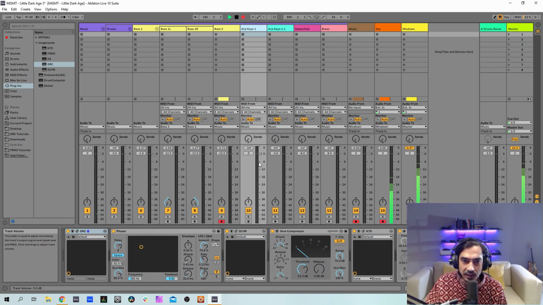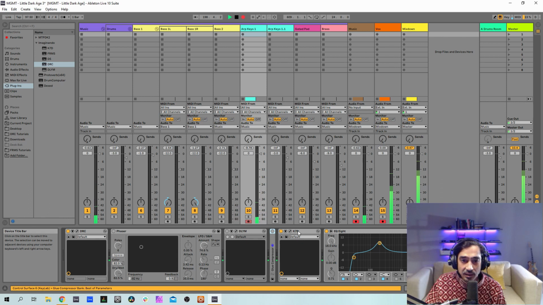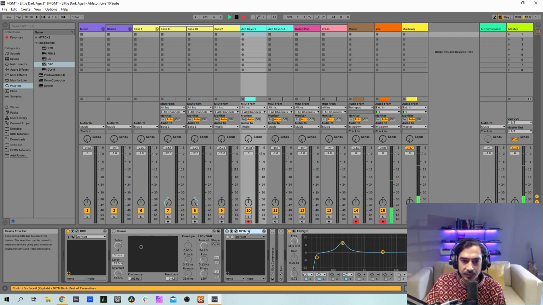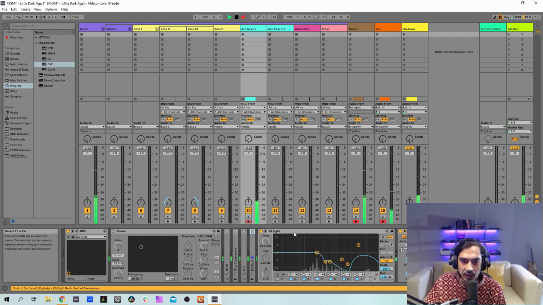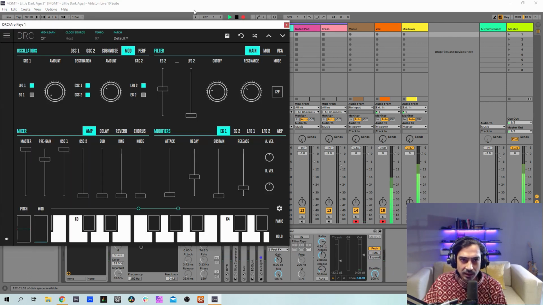Now let's go to these weird ARP keys. So you can hear they're really weird. They have a phaser, delay modulator, glue compressor isn't doing much, a K7D, and 2 equalizers, this one and this one. As you can see, they're changing quite a lot of the sound. And this is just a sidechain compressor. So let's bring back the default patch.